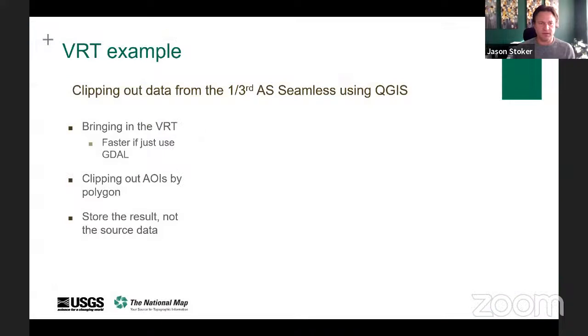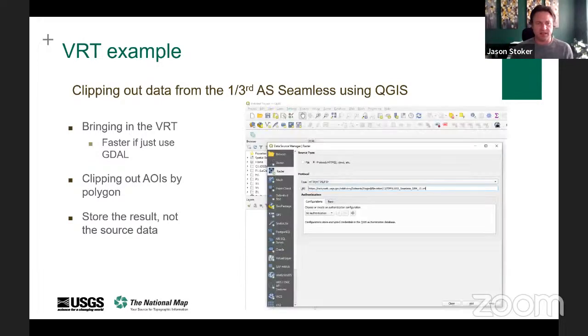Just another example there. One of the things that was cool was colleagues at NOAA needed access to our 1/3 arcsecond seamless data in a different format. So instead of us having to develop this, they built this virtual raster tiles table index of our seamless data. What's really cool is once they built that for themselves, they taught us how to build it, I should say. We made it available, and now this is a capability that you can get. You can take that 1/3 arcsecond seamless data that we have and bring the entire thing in.